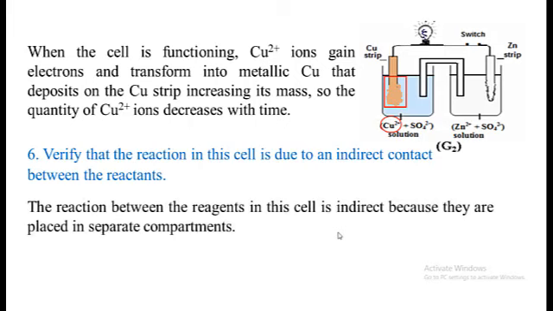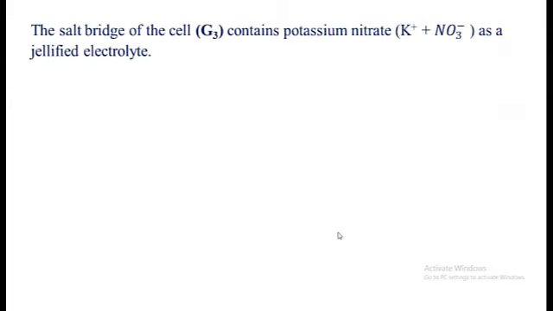Number 6. Verify that the reaction in this cell is due to an indirect contact between the reactants. The reaction between the reagents in this cell is indirect because they are placed in separate compartments, each in its own beaker. The salt bridge of the cell G3 contains potassium nitrate, K+ and NO3-, as a jellified